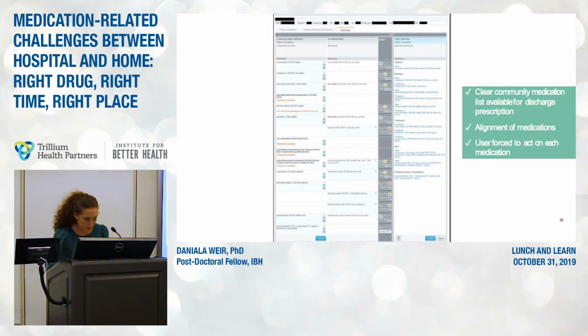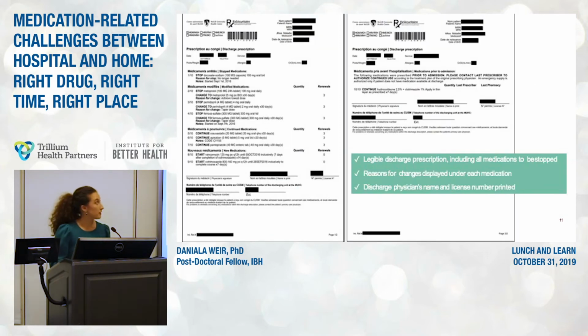I lost my cursor. There we go. And this is what the discharge prescription looks like that's generated from the software. As you can see here, it's broken up according to the type of change that was made to the medication. So we have stopped medications here, modified medications, continued meds, and new meds. And then you have the prescriber information in the community, as well as the